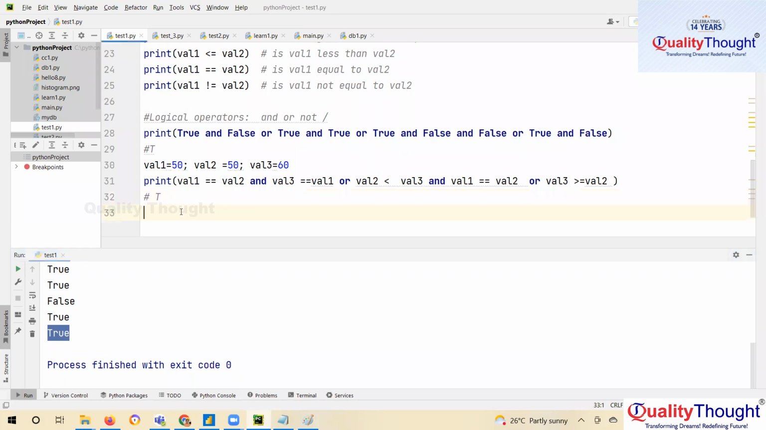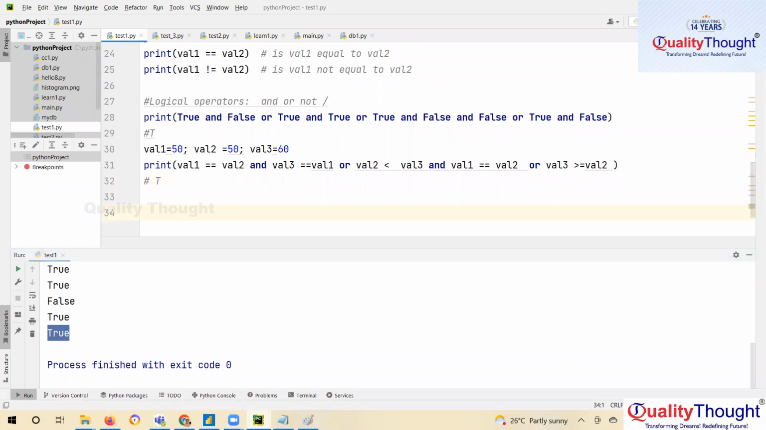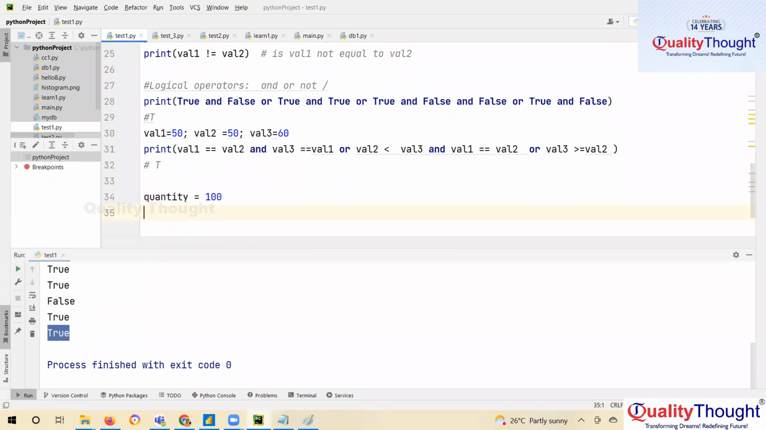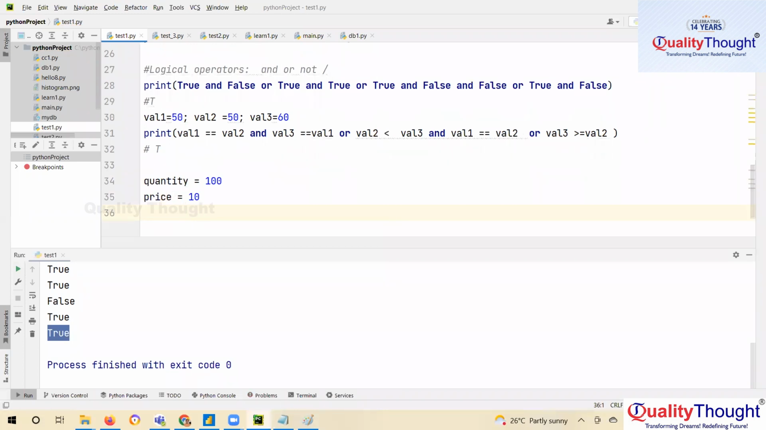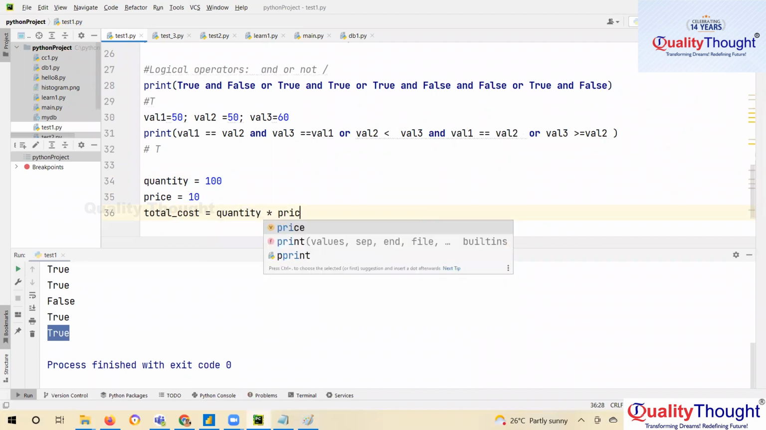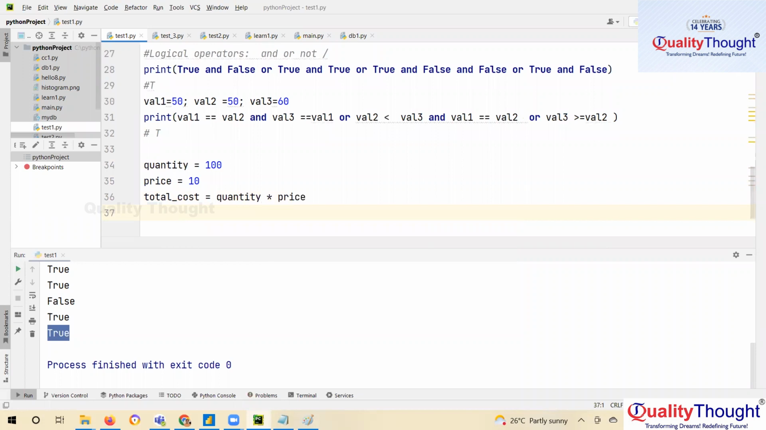So let's say I have an example here. I'm saying quantity equal to 100 and the price equal to 10 and total cost equal to quantity into price. Okay, so now I can print a statement saying